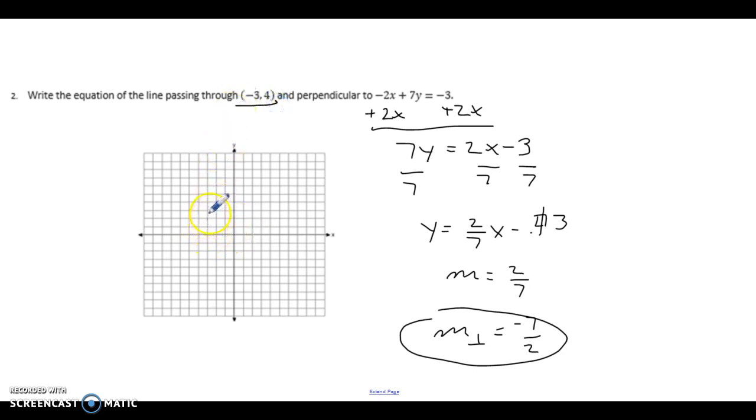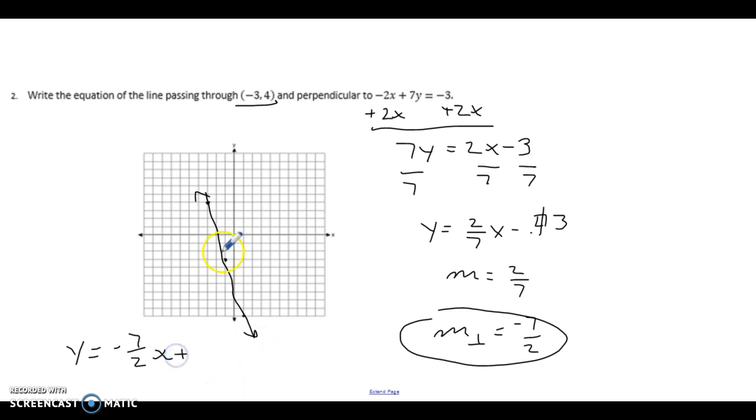1, 2, 3, 1, 2, 3, 4. And my slope is negative 7 over 2, so down 7, 1, 2, 3, 4, 5, 6, 7 over 2. I'm going to put that point down 7, over 2. And so when I draw in this line, I'm looking for the y-intercept or the b of my equation. Now, it's hard to draw a straight line on here, but I've got y equals m, which is negative 7 over 2,